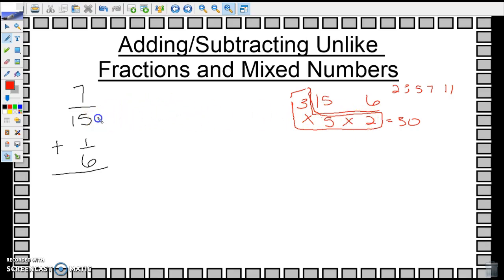So I'm going to take 15 times 2. And what I do to the bottom, I must do to the top. So I'm going to take 7 times 2. And I'm going to rename this fraction into 14 30ths. Okay, so then I'm going to come down here and I am going to now rename